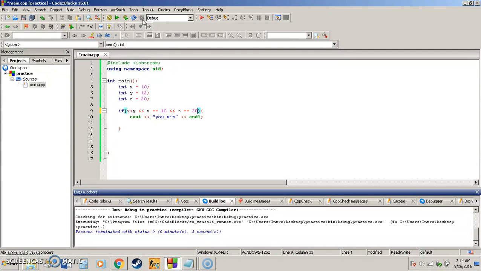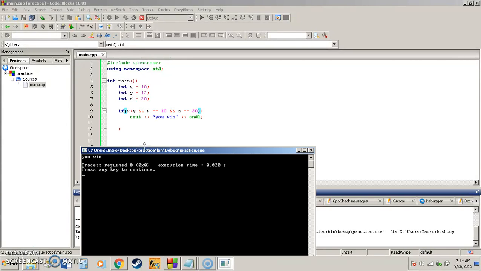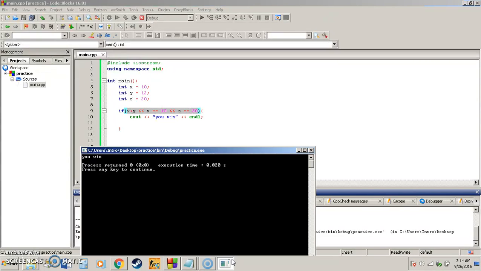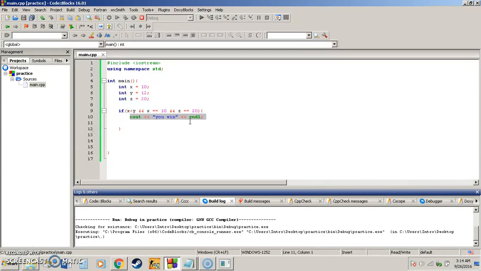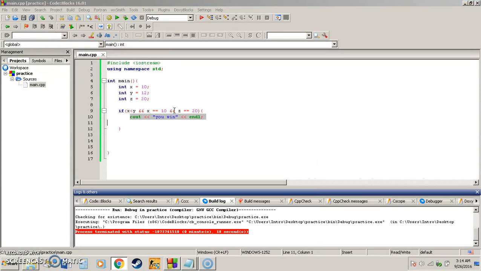So when it does meet all three, we get it. And it's because the condition is true, the condition being everything inside of our parameters in the if statement. So since the condition is true, we have the output of that set of rules inside of that program. So now what we have is, you could say, well, I want to know if x is less than y, or I want to win this game if x is less than y,